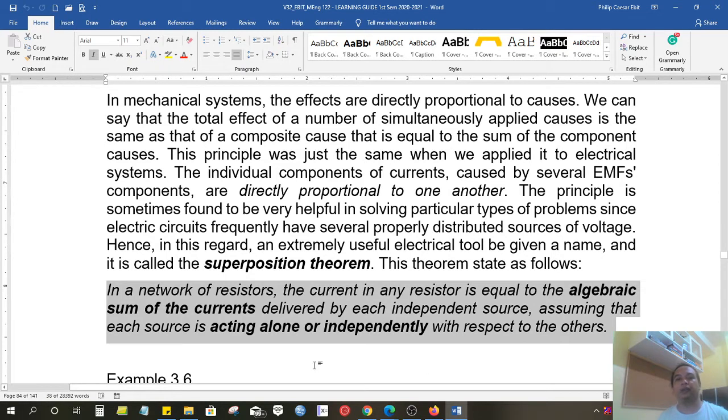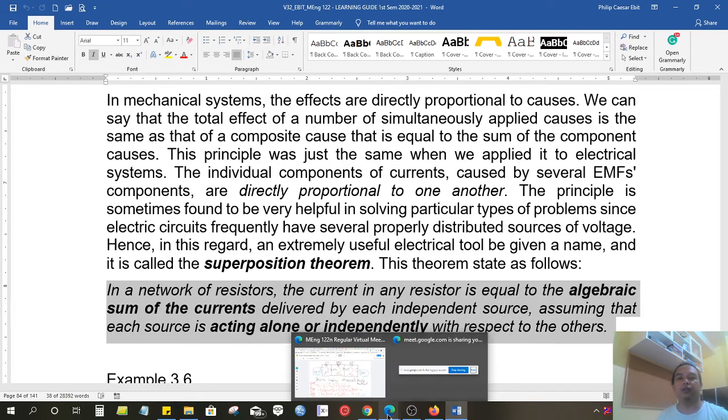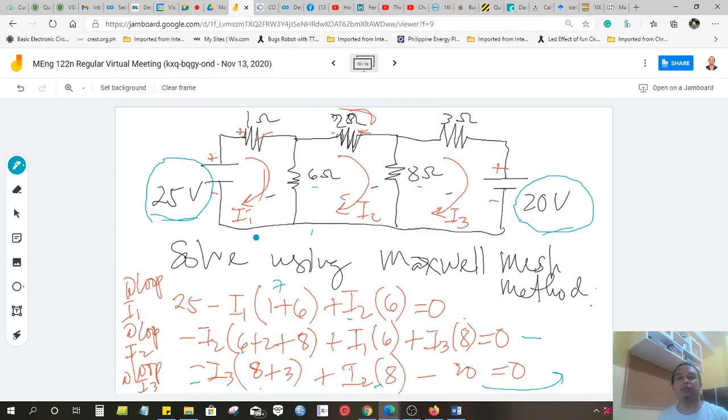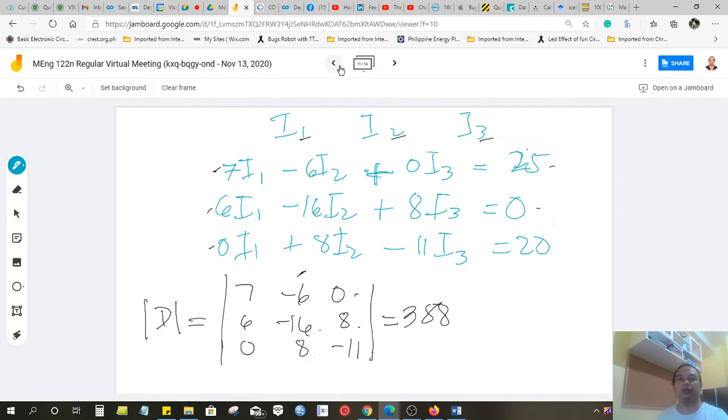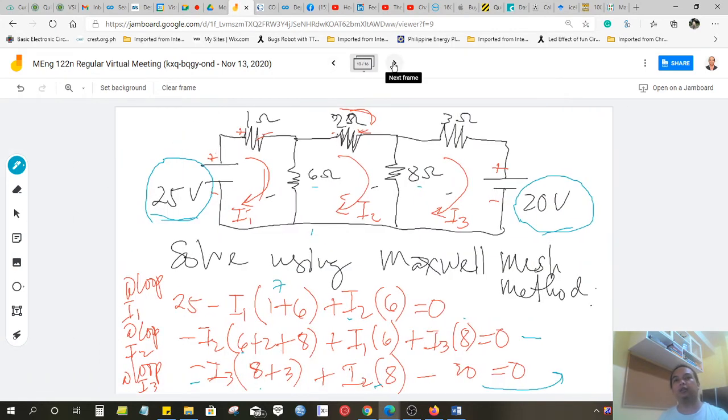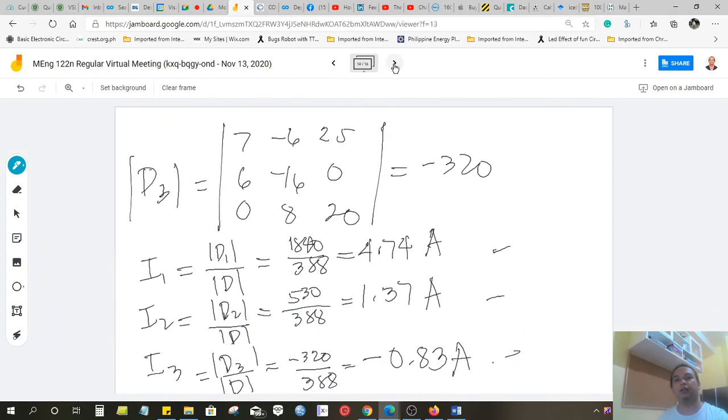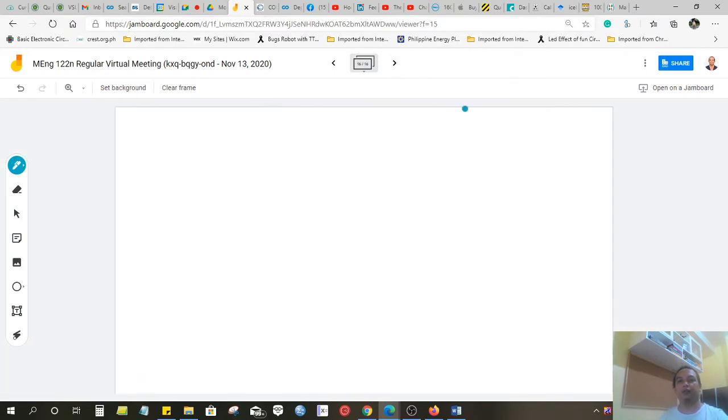Yes, sir. Okay. So, we will use the superposition theorem to solve the example problem. It is the same problem so we can prove that we get the same answer. So, we will redraw the circuit. Please remember the circuit so I can draw it here. Let's say I use my pen as the black source. So we have here